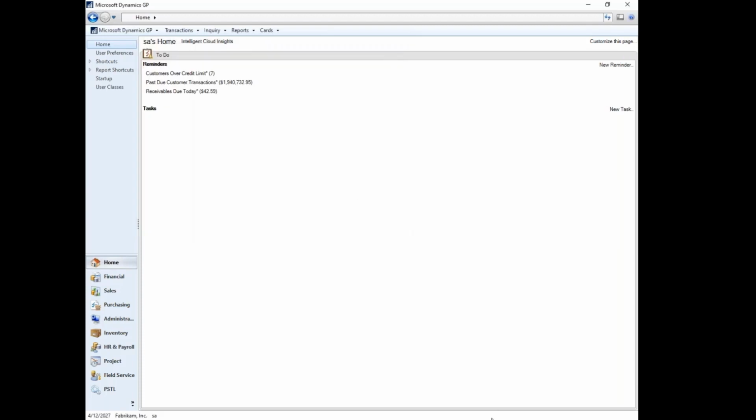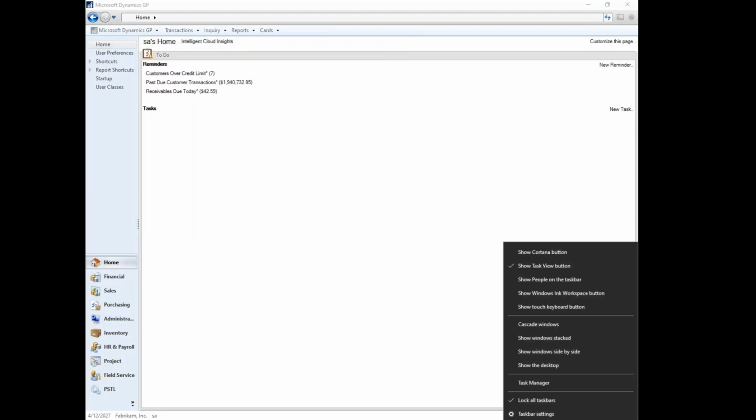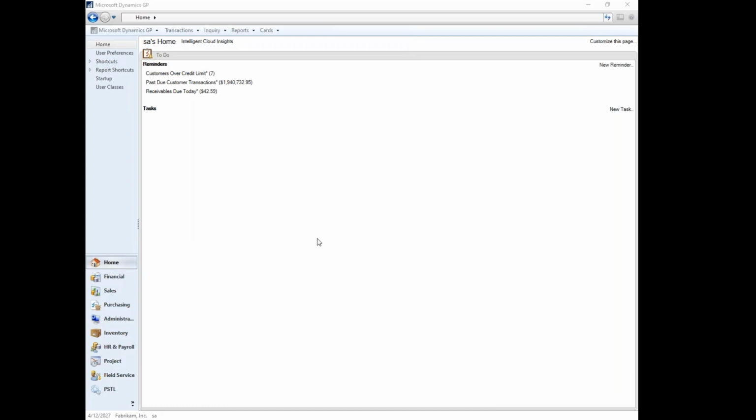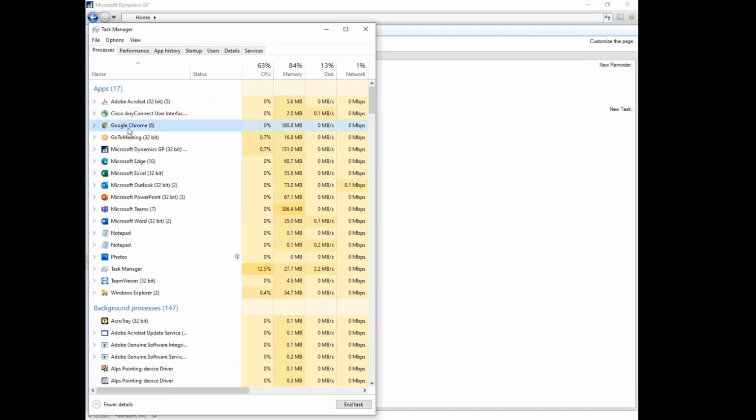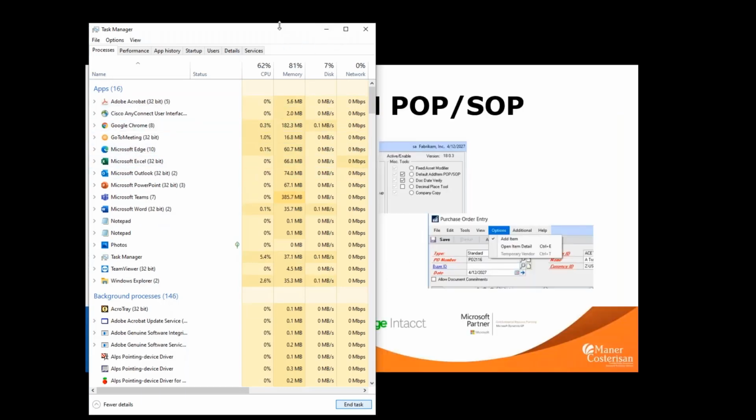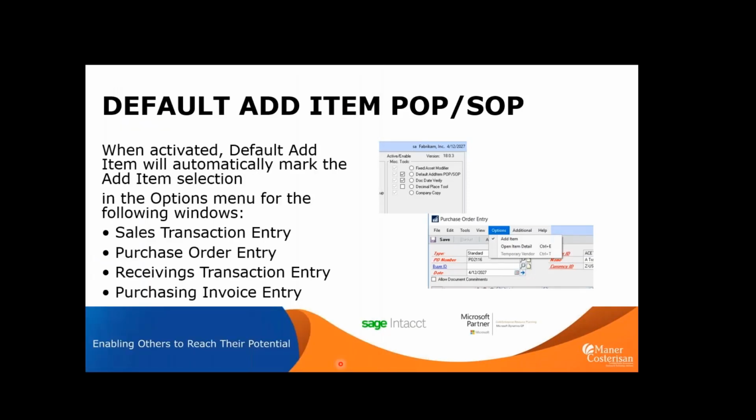So what you'll have to do is right click on your taskbar, open task manager, find GP, so right here, and click end task. And what happens is it ends the task. And then you have to relaunch GP,